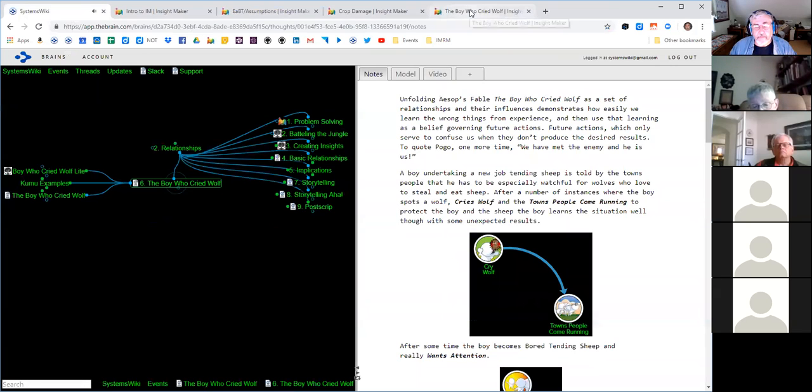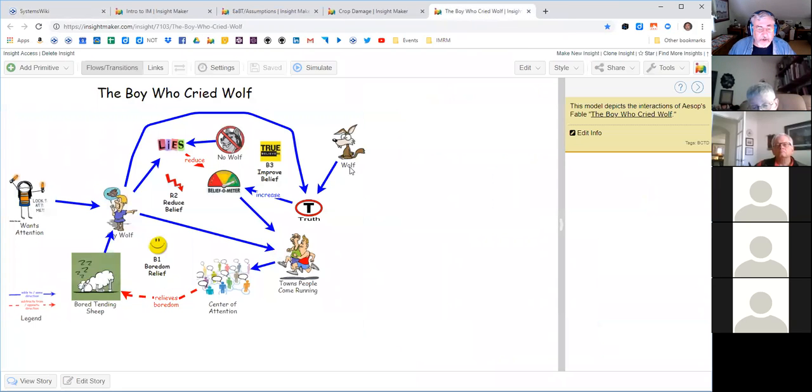So, I mean, that way someone doesn't have to read all the text. They just watch the model unfold as I describe what they're looking at. And I do that both with the Insight Maker models and the Kumu models. I'll talk about that in the storytelling sessions next week. One for Kumu and two for Insight Maker, because